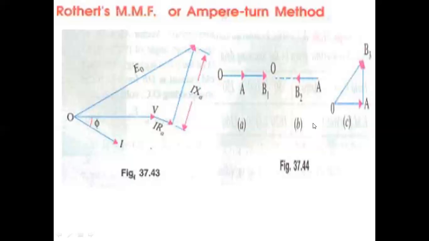Now, in this case the power factor is zero leading. If the power factor is zero leading, what is the armature reaction type? It is wholly magnetizing. For leading it is magnetizing, for lagging it is demagnetizing, and for unity power factor it is distortion. So the field ampere turns required here are OB2. This OB2 is always less than OA. If you see the line here, the magnitude of OB2 will always be less than OA.